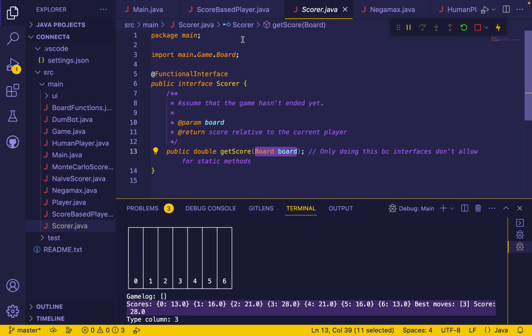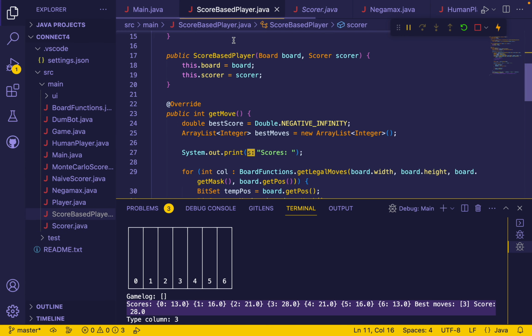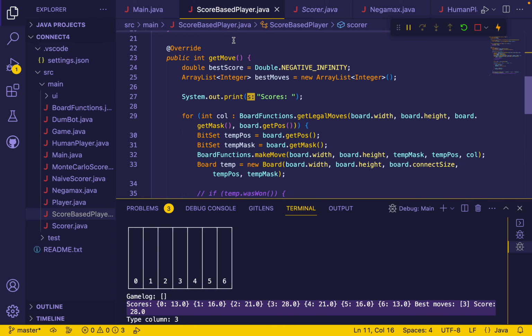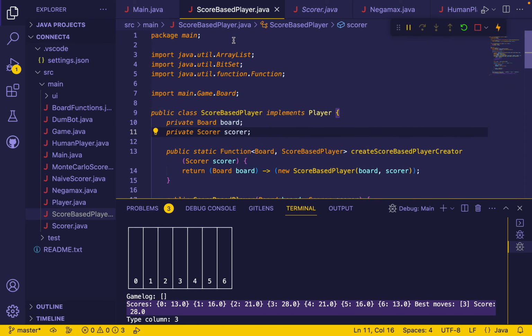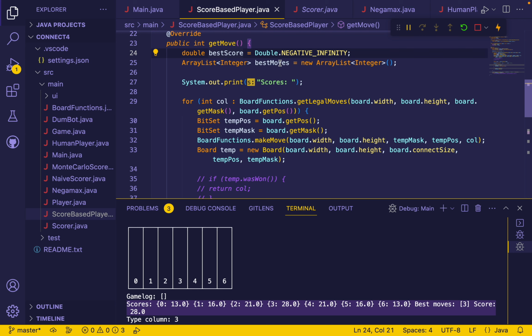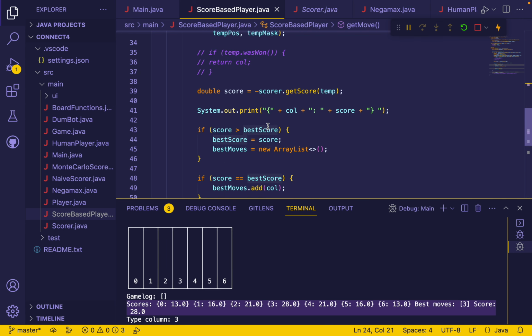And so yeah, I just thought it would be better for all of the scorers to score relative to the current player. And yeah, this does the negative of the score, and that's because it wants to,